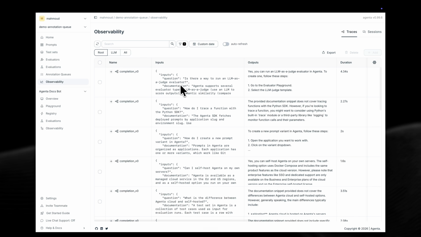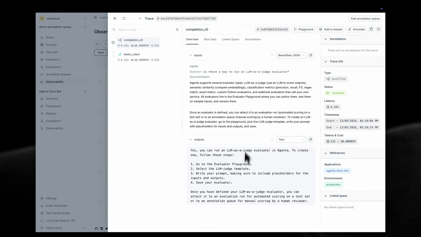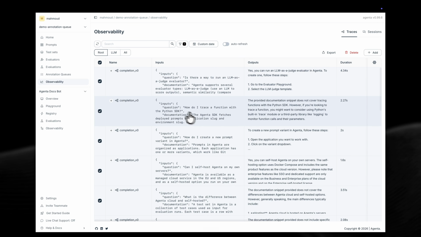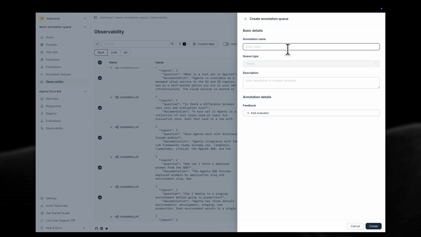Another thing I can do is actually annotate traces. So I have here my chatbot in production. I can see the inputs, outputs. I see that some of them are useful to create test sets and ground truth. So I select my traces, add them to another annotation queue, where I'm going to set the evaluator as one